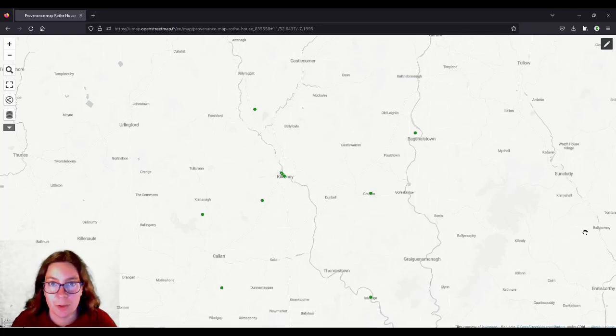In this one we won't go into OpenStreetMap and map there, but instead we're going to create a map on UMap. And the map we're going to create is a map of provenance. So if you have a heritage center or a little country museum or something like that, or for a transition year project, you can make a map of where all the artifacts in your collection come from. Not all the artifacts, but your choice of artifacts.